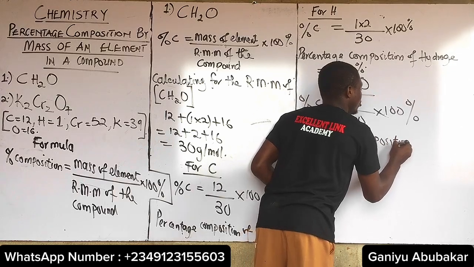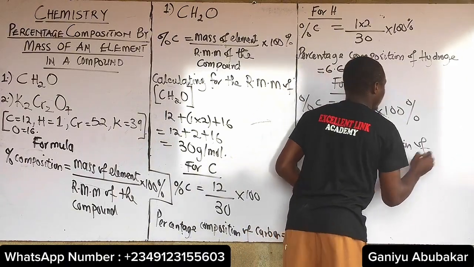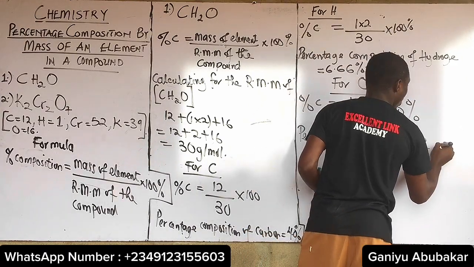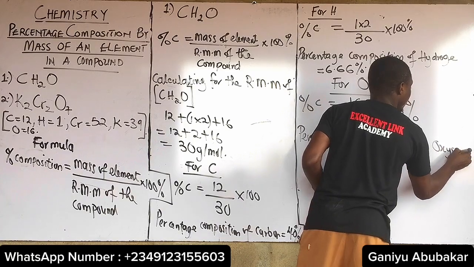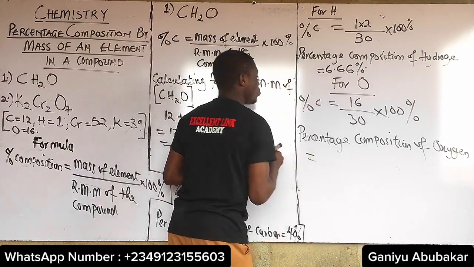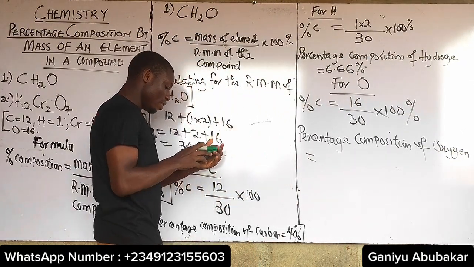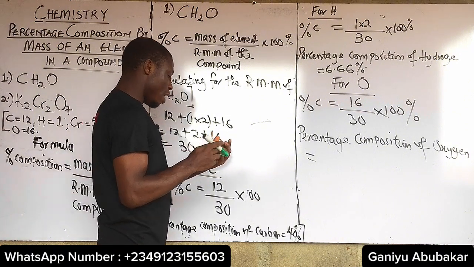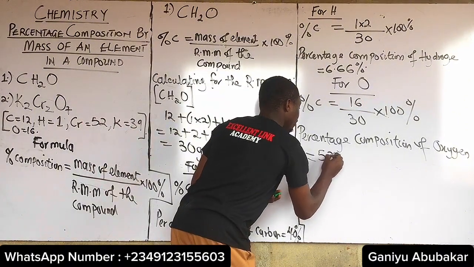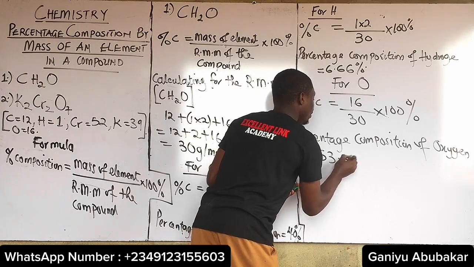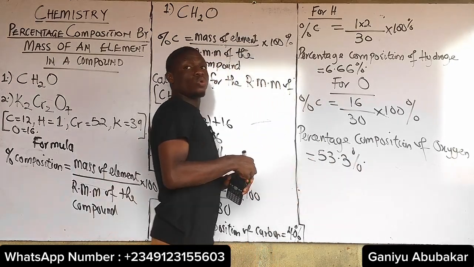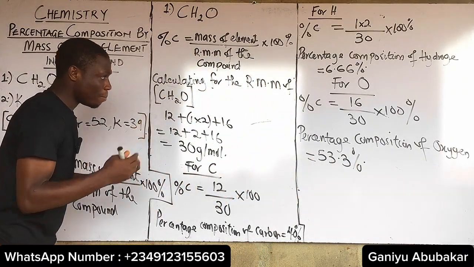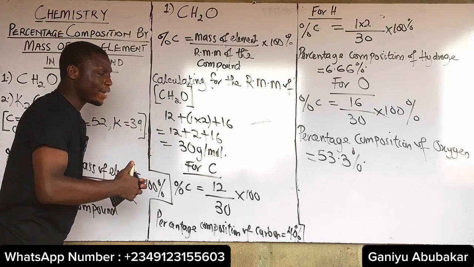At this point, getting the value, the percentage composition of oxygen is equal to 16 divided by 30 times 100. I have 53.3%. So when it comes to exam, WAEC or JAMB,